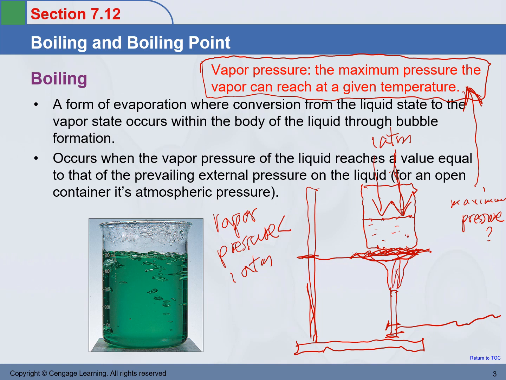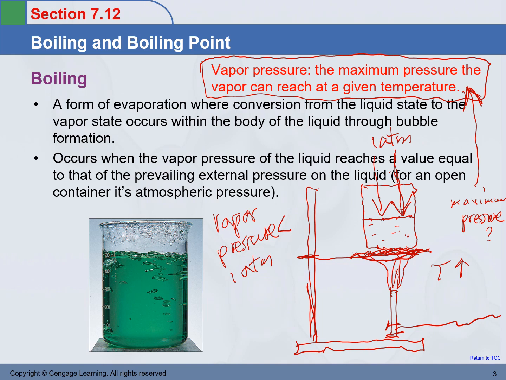Let's start the Bunsen burner, start heating. What happens? Temperature is going to increase. What was this other conclusion we just reviewed from our last evaporation experiment? Higher temperature, higher vapor pressure. So when the temperature is increased, when you're heating the water, the vapor pressure of water is increased.